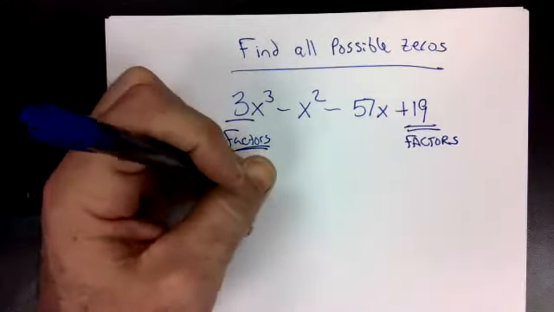Which again, we know it's not all of these because there's only 3. But we need to find one before we can really get started. So again, that's where we go into the whole trial and error. And I typically like to start with the ones and the negative ones just because as far as the math goes, it's just easier. Multiplying by 1, multiplying by negative 1 is easy. So I'm going to try one. So again, looking at my original problem, I got 3, I got negative 1, I got negative 57, and I got positive 19. I guess I didn't need the plus there. But I'm going to see if 1